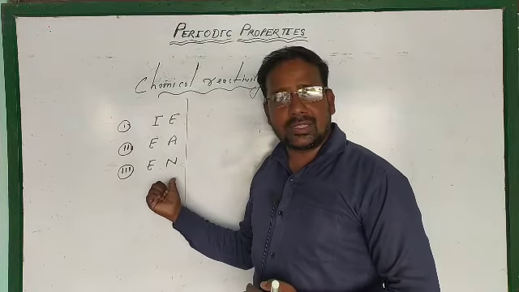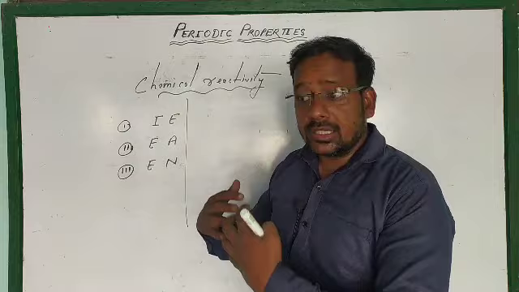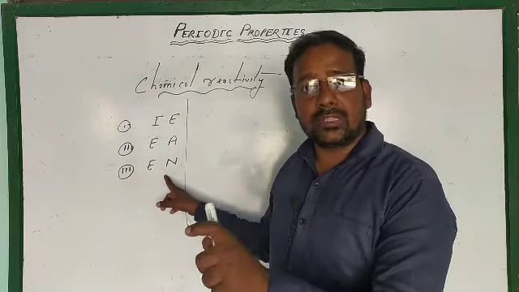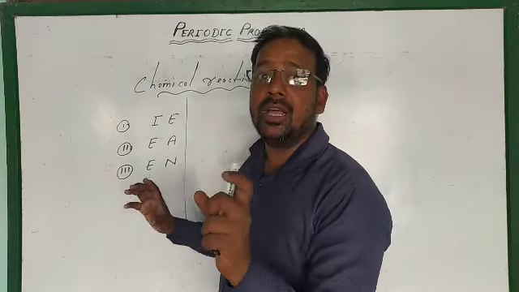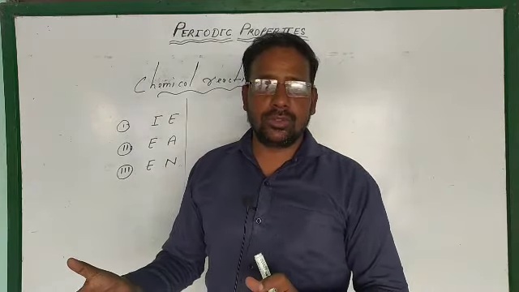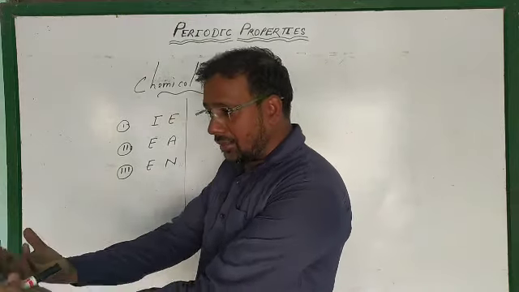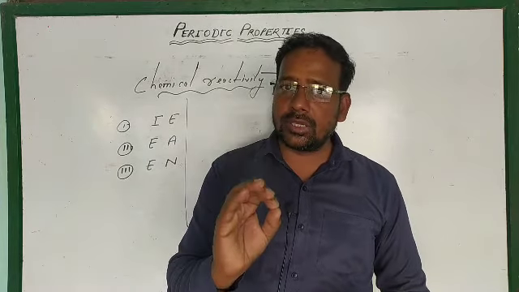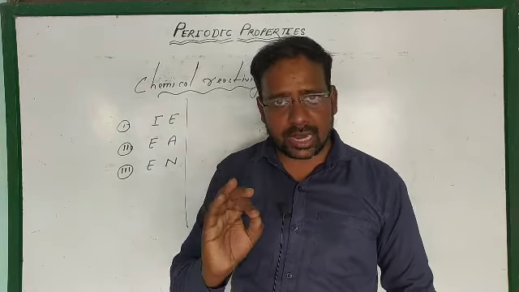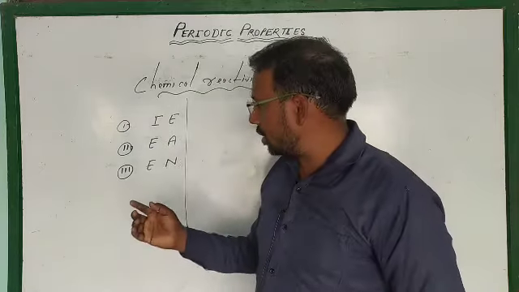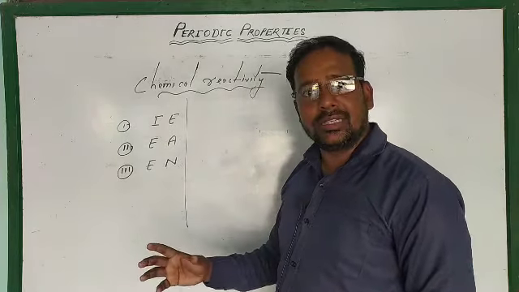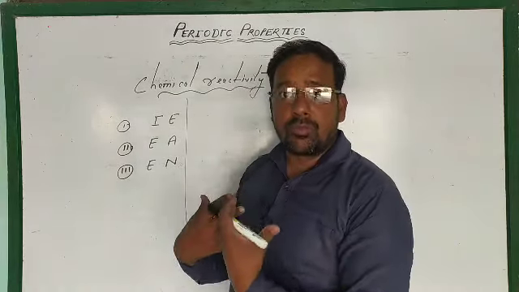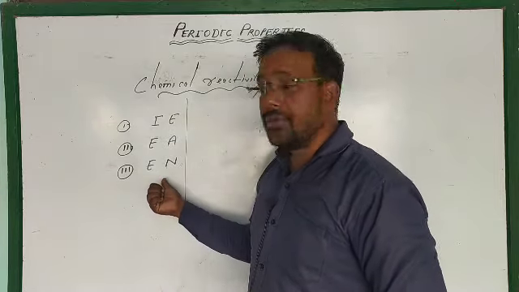And electronegativity is the tendency to attract shared paired electrons. We always measure it in the bonding state, means in a covalent compound. Whenever any element attracts the shared paired electrons toward itself, it will carry some partial negative charge. Already I have made you understand with an example in the previous lecture. So what is electronegativity? The tendency to attract shared paired electrons towards the more electronegative element, that is called electronegativity.